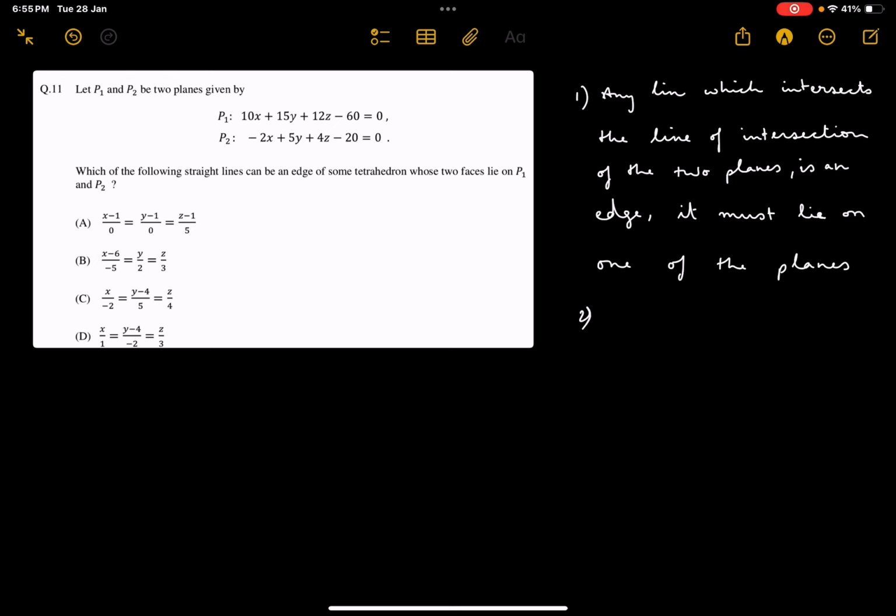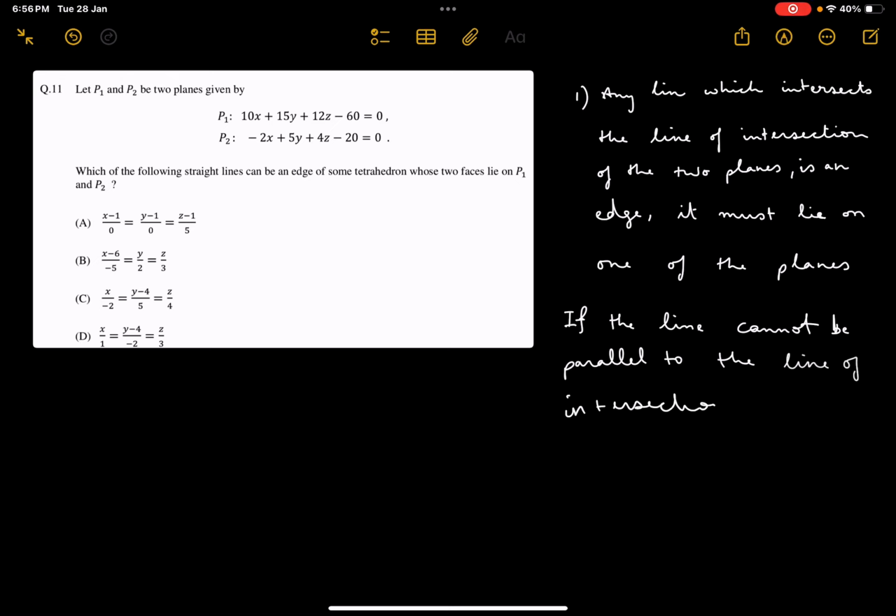And next thing is, the line cannot be parallel to the line of intersection. Using these two,